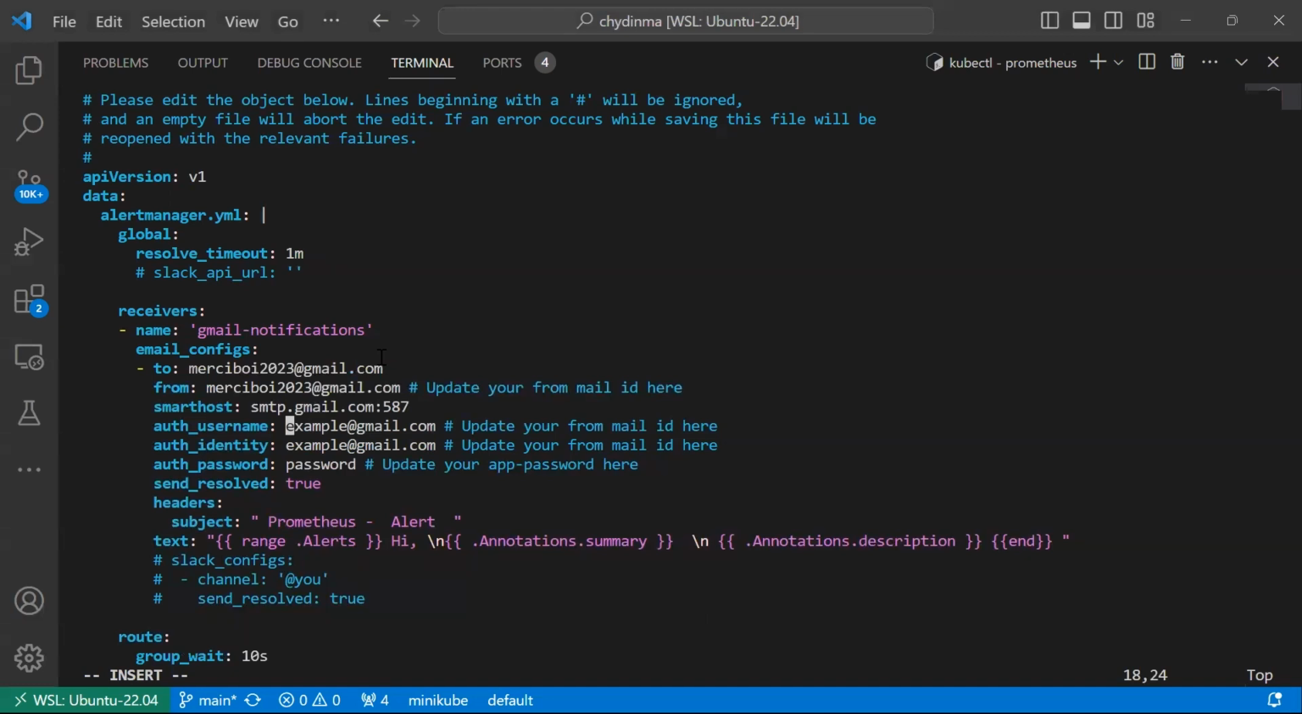The auth username must be the same thing as the from, because that is where this application will get authentication from to be able to send the email to the email addresses you have in your tool at this point. So they must be the same thing. So I have to put in there Merciboi2023. And for password,